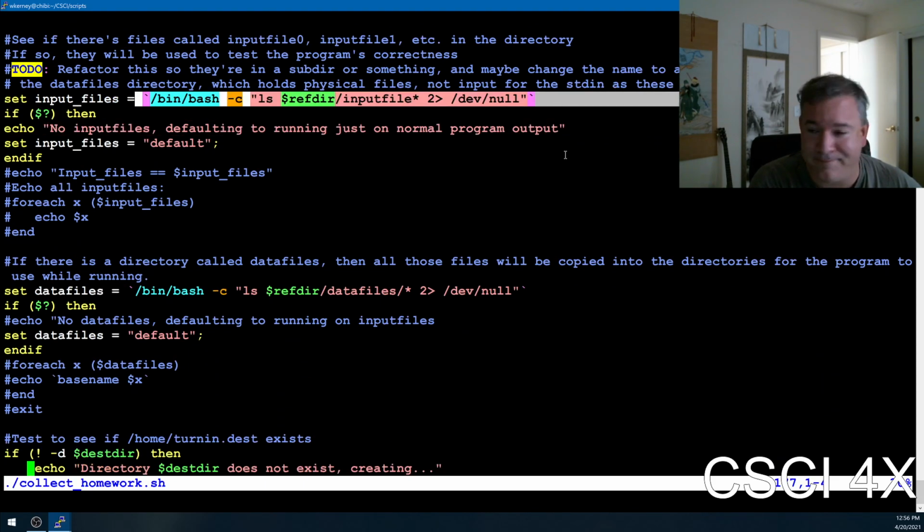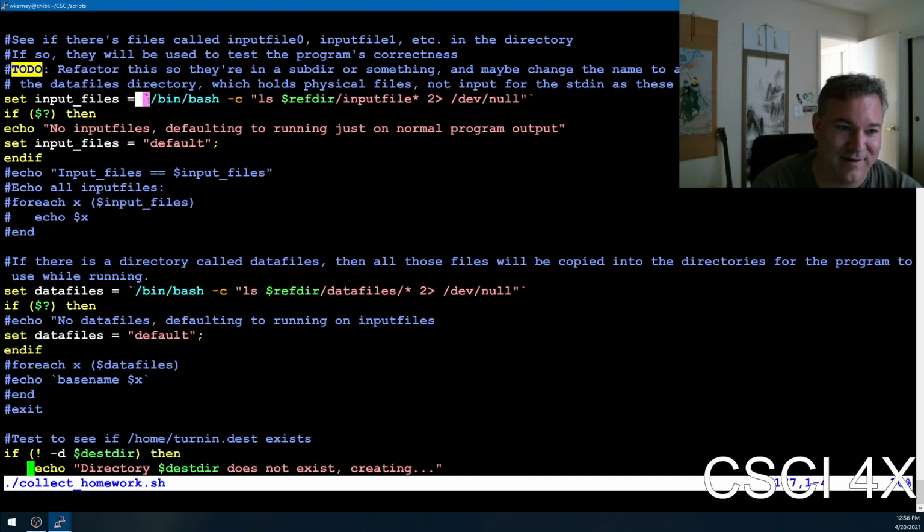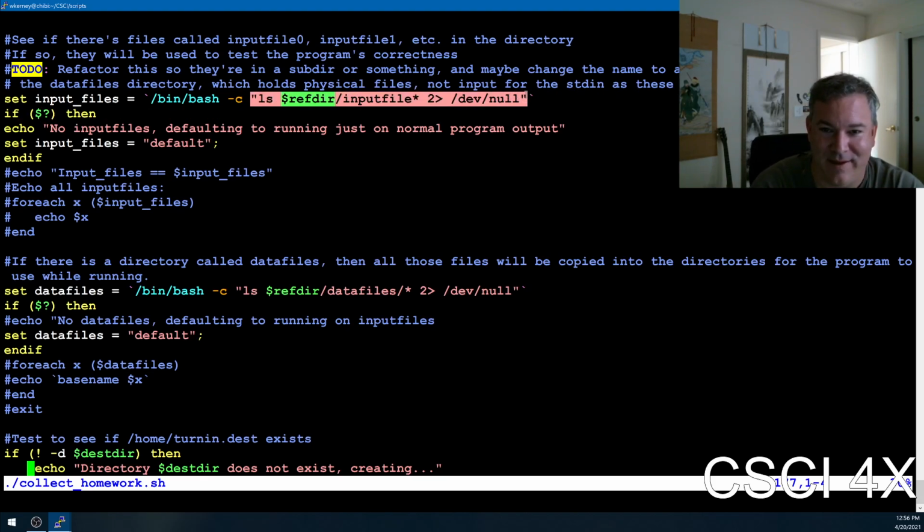Okay, here's a cool thing. You know how I said Bash could do things that TC Shell can't? Guess what, TC Shell can call Bash. You guys see the backticks there? So TC Shell is saying run Bash, here's something I can do. So run Bash and have Bash do it for me. So bash with a -c means run this command. And so Bash will run this command in double quotes here, and it will run the reference implementation,